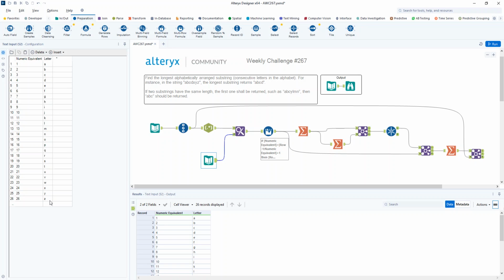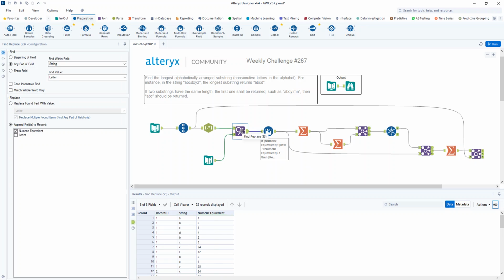I did sneak peek at other people's solutions since then and found out that I could have used the function char to int, so like character to integer, and that would have given me a very similar kind of thing. But I didn't know that function exists, so there we go. I've learned something new. So I used just the find and replace tool to append my numeric equivalent field on there,